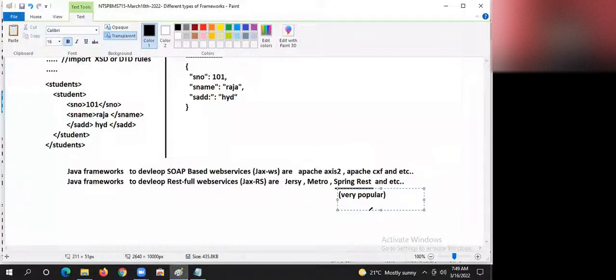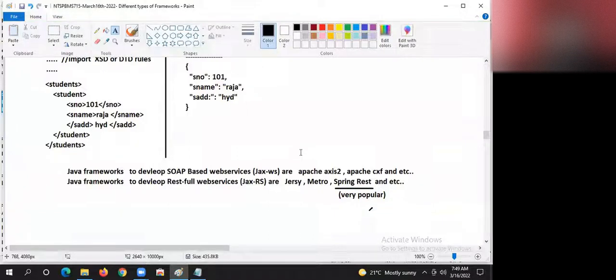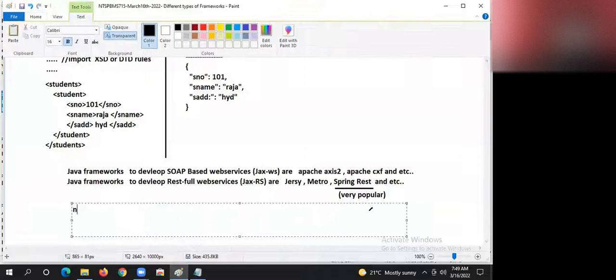Come on, guys. After learning Spring Rest, we will get RESTful web service knowledge. And then we will use that knowledge in microservices implementation. Microservices are an extension of RESTful web services. Is that clear? That's the reason this course also includes Spring Rest.